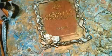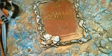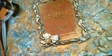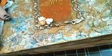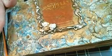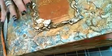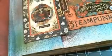I squirted the pages with water and a squirt bottle and just opened it up and let it sit so the pages would crinkle. So if you can see the pages, they're kind of warped right there. That's what I wanted. I wanted the book to become fat. I wanted it to grow. And so what I did was, after it was all dry, I went through and I took some ink spritz,